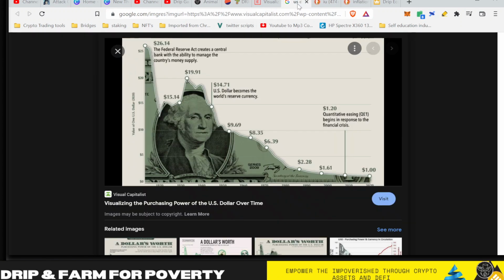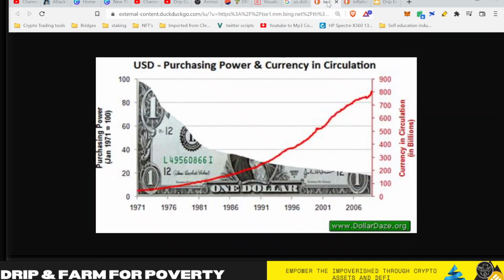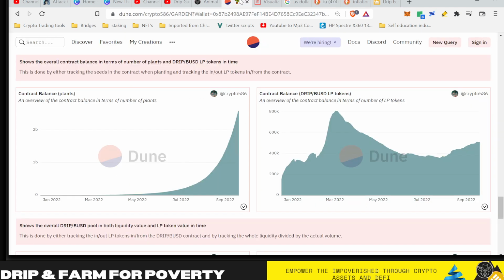And if you look at these charts, this one in particular, I'm going to show you a comparison with the Drip Garden. You'll see it's exactly the same. So this chart shows U.S. purchasing power and currency in circulation. So this line here, the red line, shows the amount in billions of US dollars in circulation. This doesn't even go into 2020 when this chart went straight up to the top. But look at this line and then look at this. So exact same trend. So what we're seeing is a parabolic influx of plants due to the mechanics in the